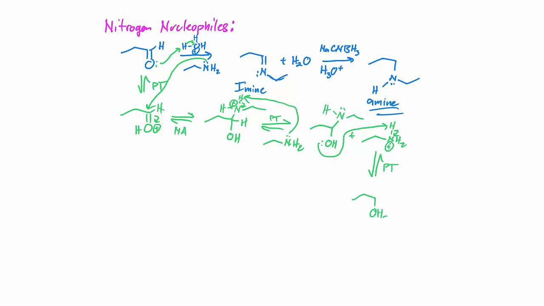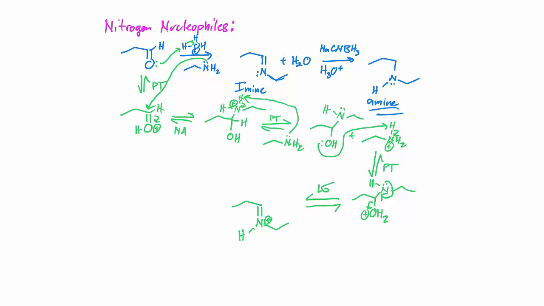Again, we're following the same sequence of steps as we followed for the acetal formation. And if you remember now, we're going to lose water by forming the double bond between the heteroatom and the carbonyl carbon. This is loss of leaving group. And this is a very similar step to what we saw in the acetal formation, except here we're basically done. All we need to do is remove this H, and then we have our